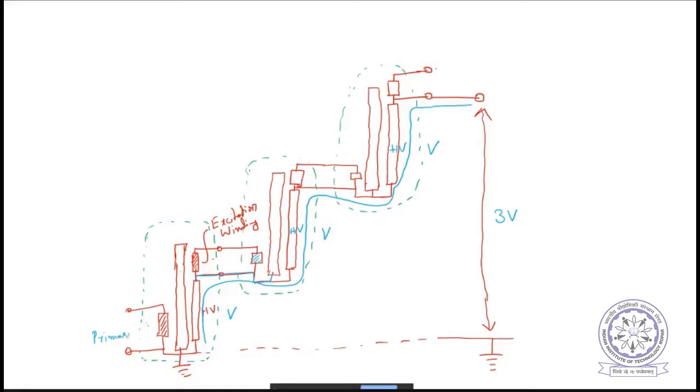Sir, is it necessary? Like we can have V voltage at the first stage, 2V at the second stage, and 3V at the third stage? Then that way we can add voltage like 3 plus 2 plus 1, 6 volt in 3 steps, if we can increase the winding and excitation windings. See, if you are thinking that excitation winding voltage can be increased here, why don't you increase the primary also? Why do you stop there? First transformer also. Whatever is the maximum excitation voltage you are thinking, that you think for all transformers.